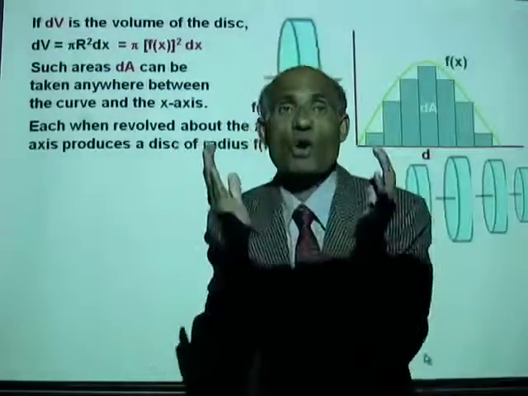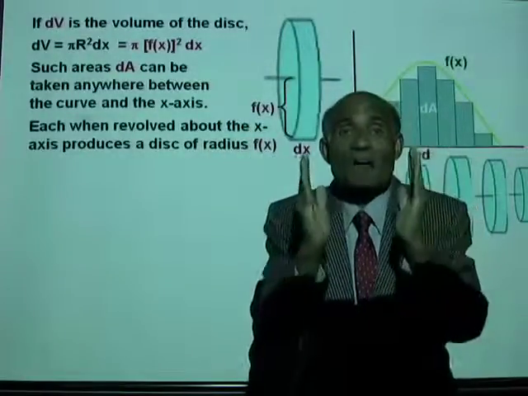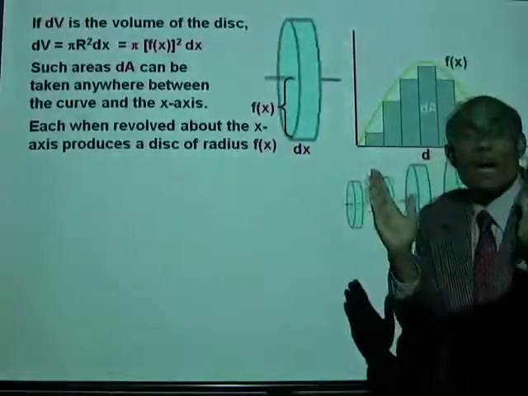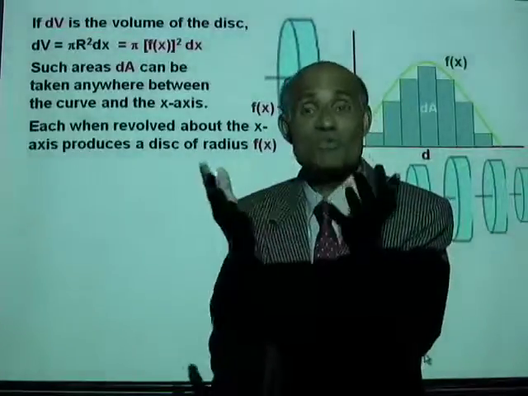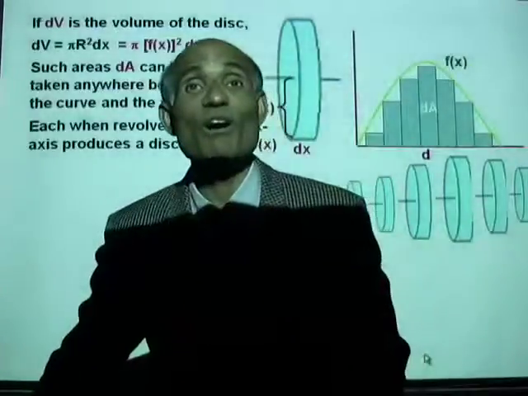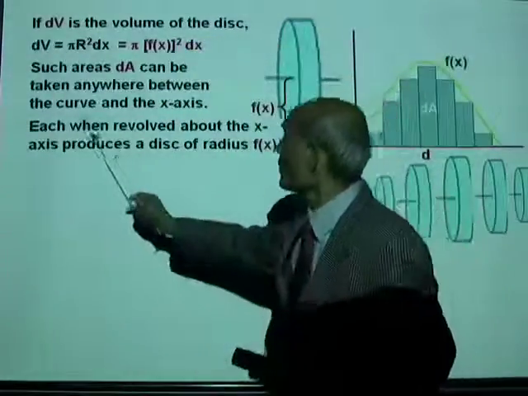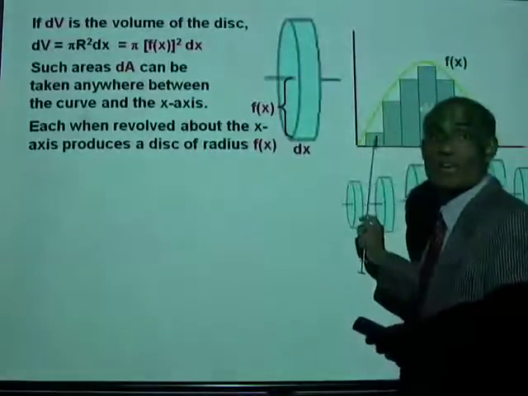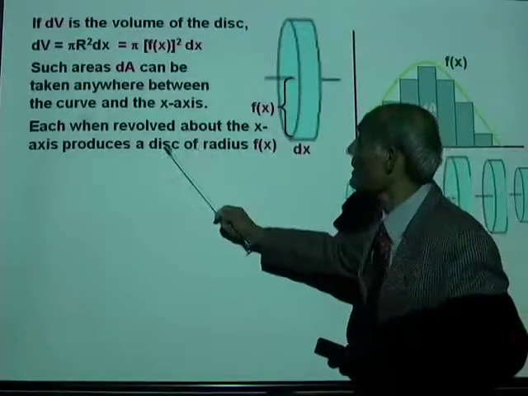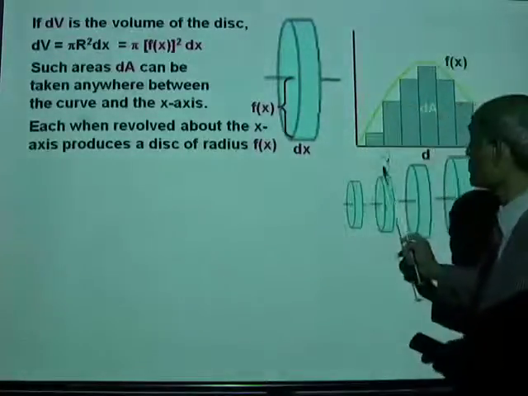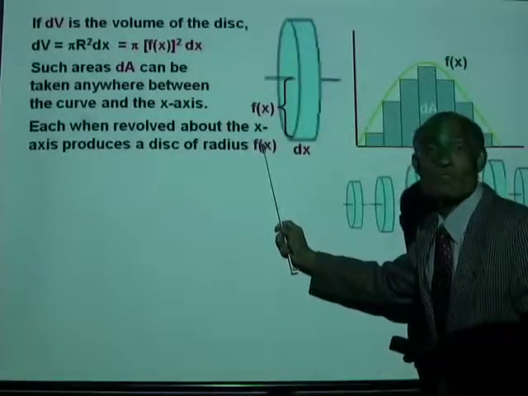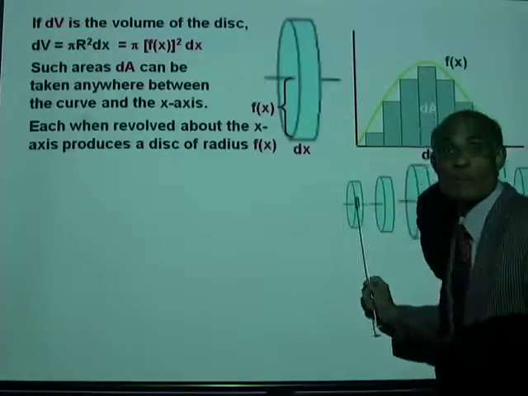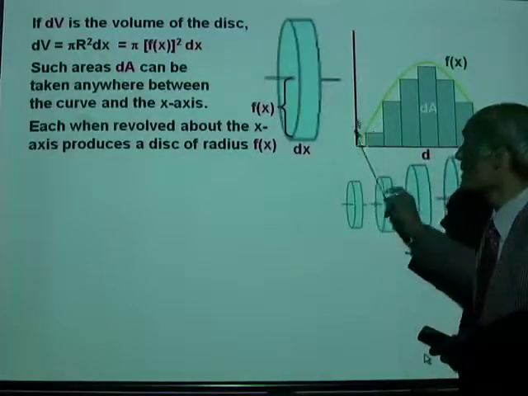And what do you call the process of adding all these volumes? Adding all these quantities is what we call integration. So we are going to use the method of integration. So each of these areas, when revolved about the x-axis, produces a disk of radius f of x. Remember that f of x is different in each case because